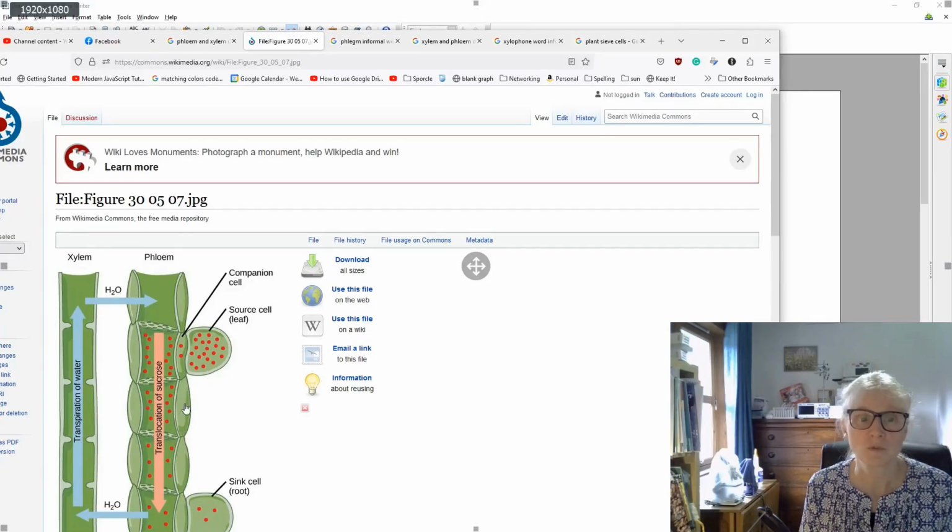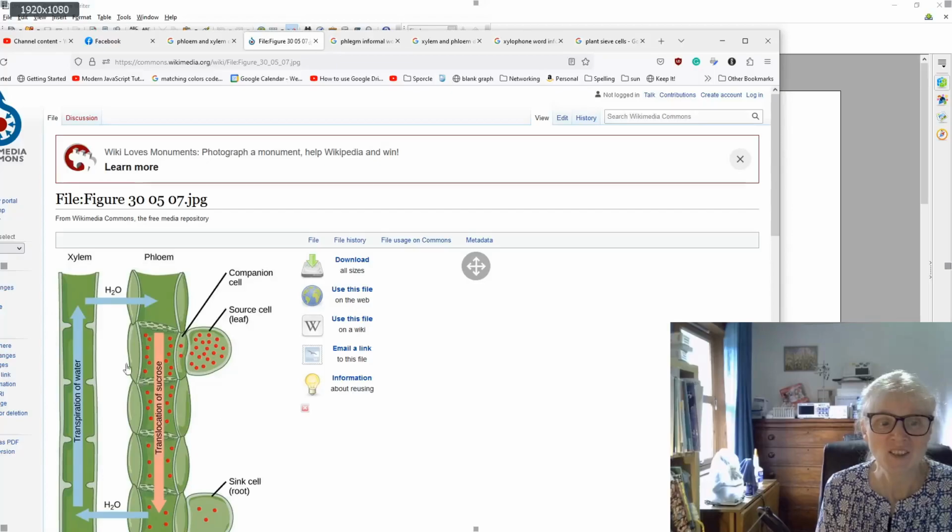Now, when it comes to the spelling, which is the real clincher, how on earth are you going to remember that xylem starts with XY and phloem starts PH, and that they both end in EM? Well, I like to think of the phloem as being a bit like phlegm. The word phlegm, where we have,